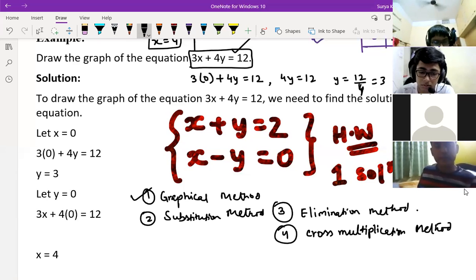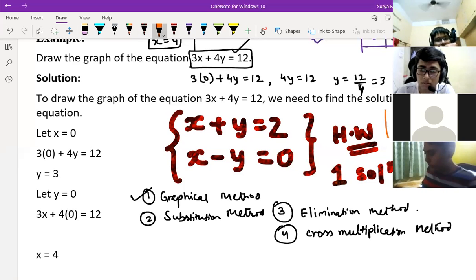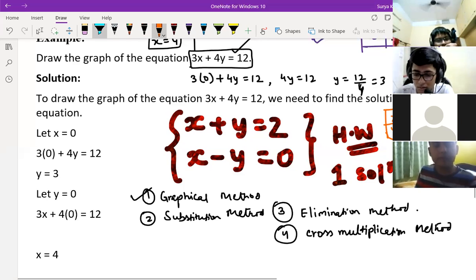Substitution is what we did with 2x plus y, right? Substitution method I didn't teach you yet. I'll teach you. Till now I have not taught you the substitution method. So what is the method that we used for 2x plus y is equal to 7? We substituted x with 0, right, sir? Actually, that is for the graphical method you are using now, where we use x and y to make the graph. So this is the graphical method.